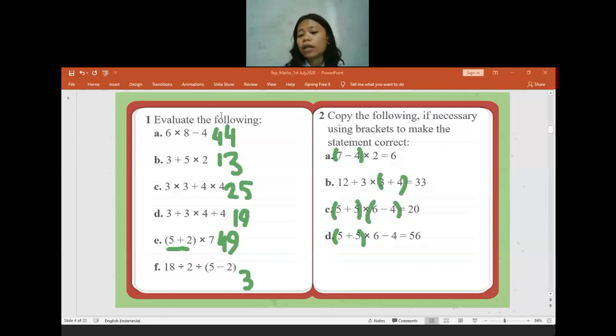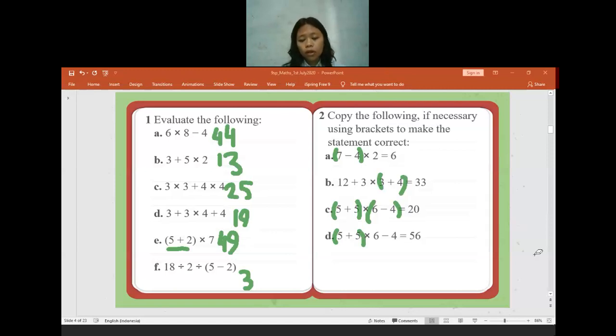Yeah, this is only trial and error. So 5 plus 5, it will be equal to 10. After that 10, I multiply by 6, it will be equal to 60. And 60 minus 4, it will be equal to 56. That's correct. The only thing here is doing trial and error. So I have to try to put the bracket between which numbers or in which calculation. When I'm done putting it, I try to calculate. After I'm done with the calculation, I need to check the answer. Is it matching or not? When it is not matching, it means you have to move the brackets to another operation. That's it. Is there anyone have difficulties?